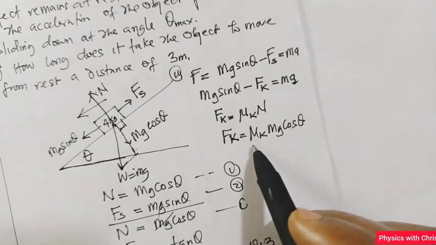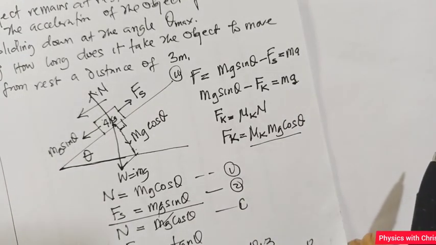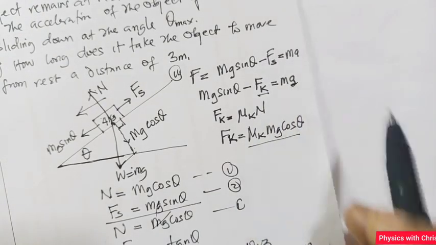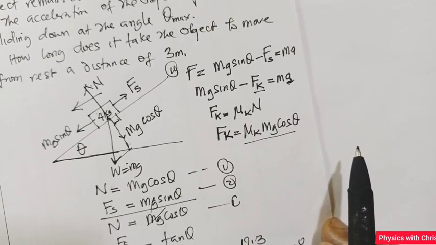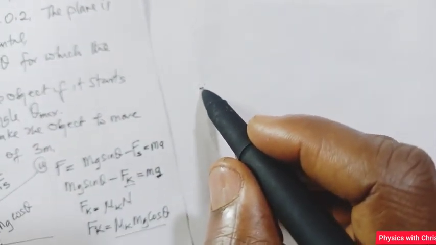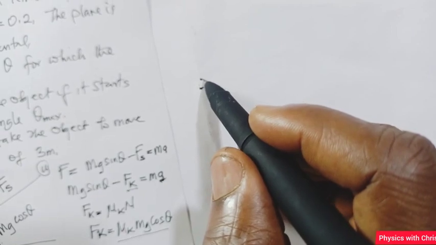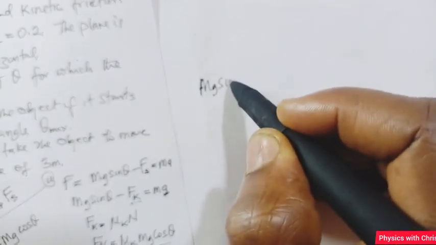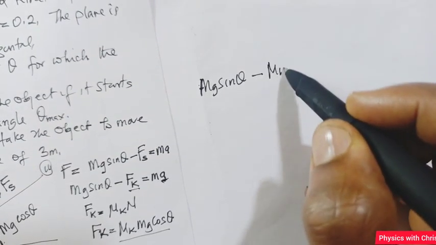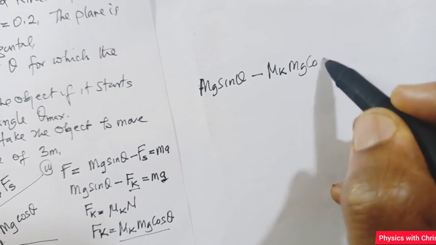All right, so I have this expression as my kinetic frictional force. So I'll make a substitution here so I can find the acceleration of the block down the plane. So on my whiteboard, we have mg sin theta minus mu k mg cos theta